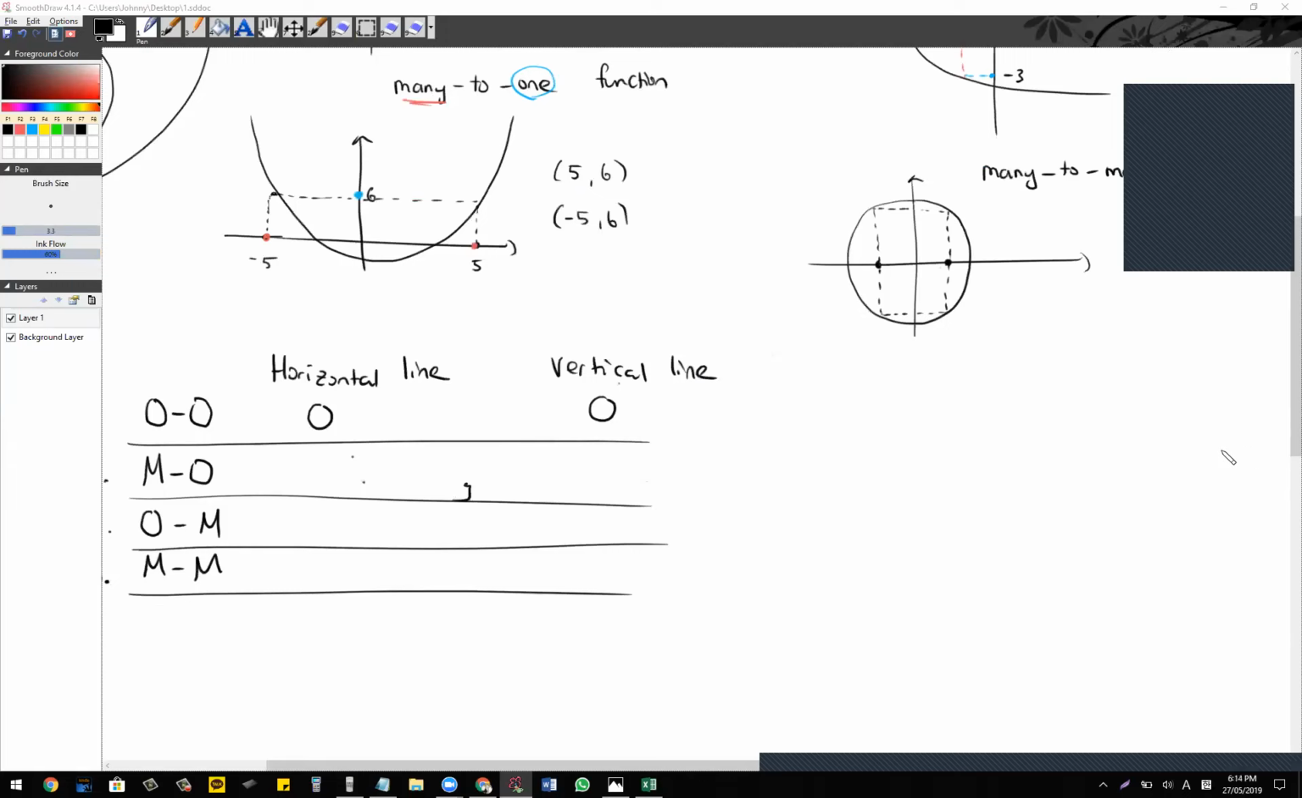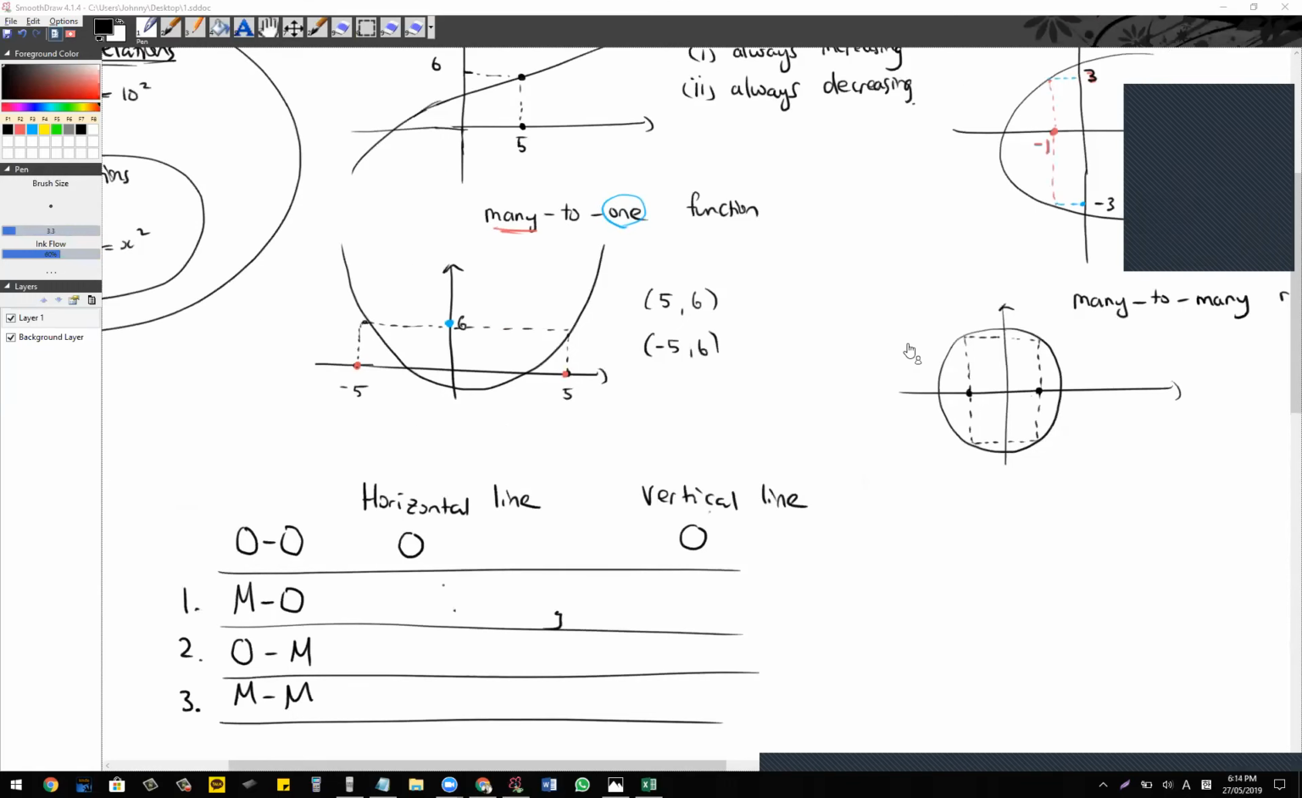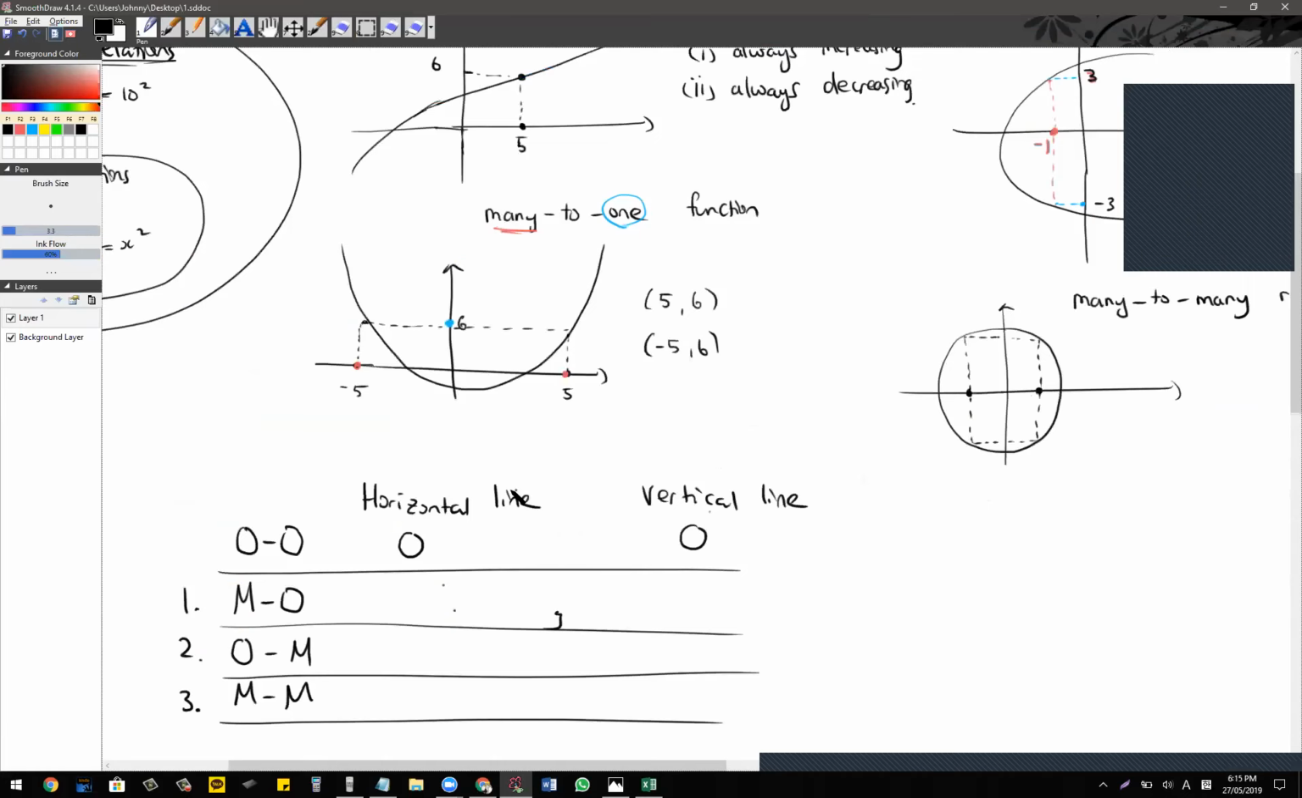Yeah, so if it goes through 2 points, more than 1 point, then that's when it fails the test. Okay, so I've got only one response, so we're going to go through it together. Now, for a many-to-one function, you can see that when you do the horizontal line test, it fails, right? So that's why this is a fail